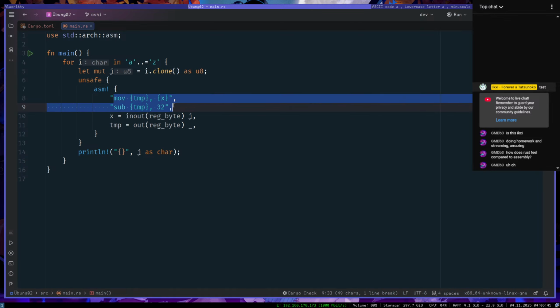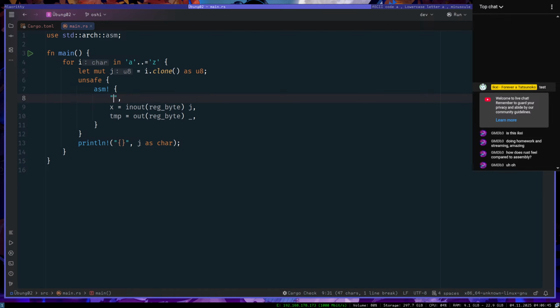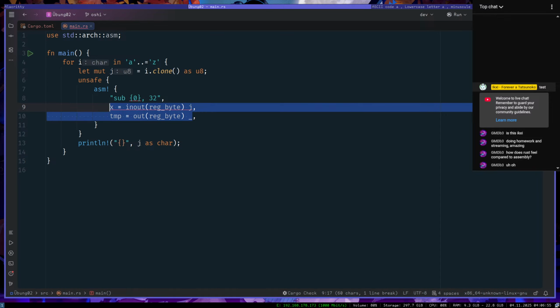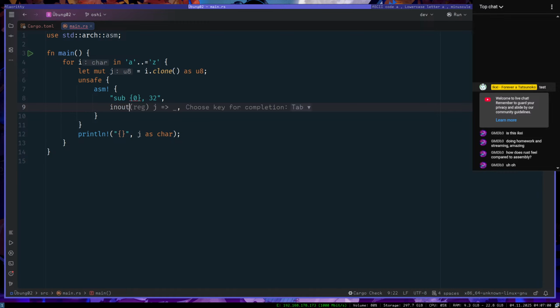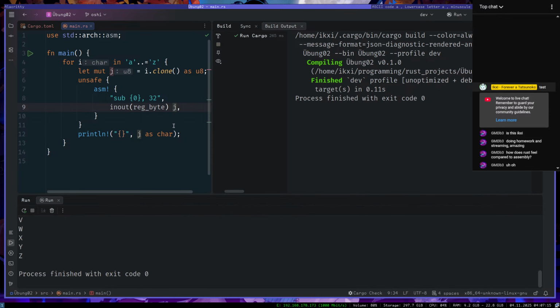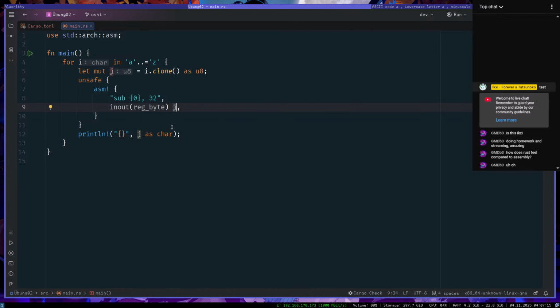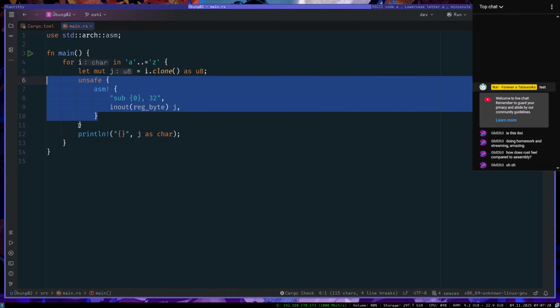Right, okay, so I only need to do one operation. Sub 032 in out reg byte J. Let's see. Okay. It seems like I just completely misunderstood the syntax. Inline assembly do be weird.